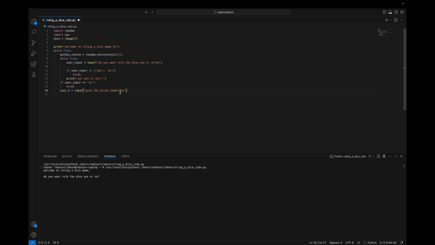We can say, tell me your guess of the dice number. What I want is for the user to guess this number, whatever the Python choice function picks here,